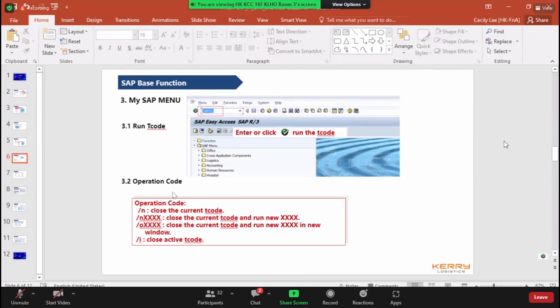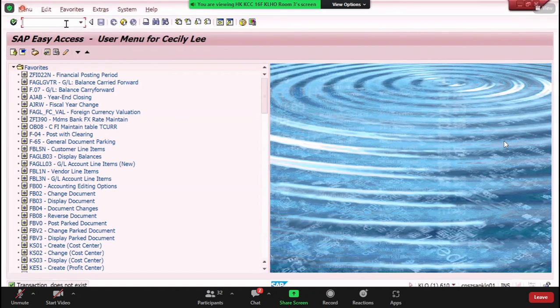The next one I will introduce to you is the operation code. One of the operation codes is /n. Okay, let me demonstrate to you. Now you can follow me to type the T code